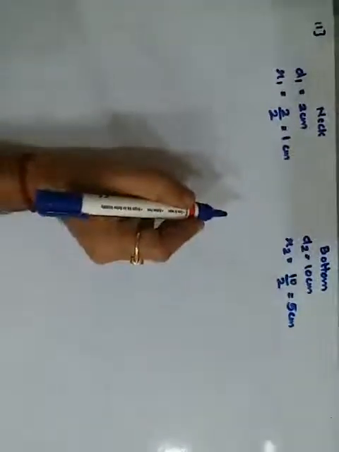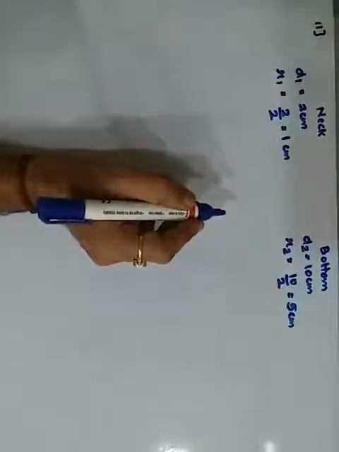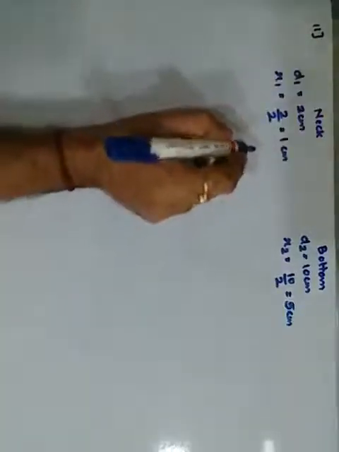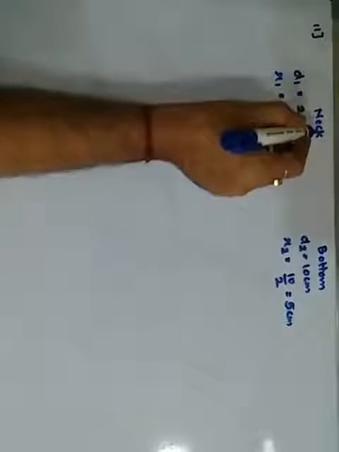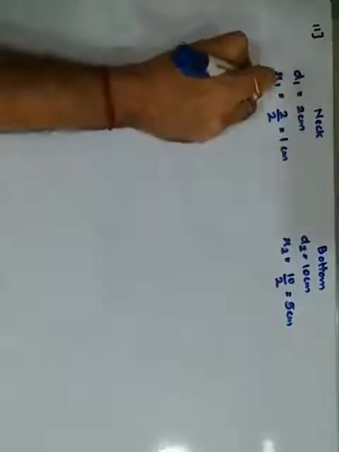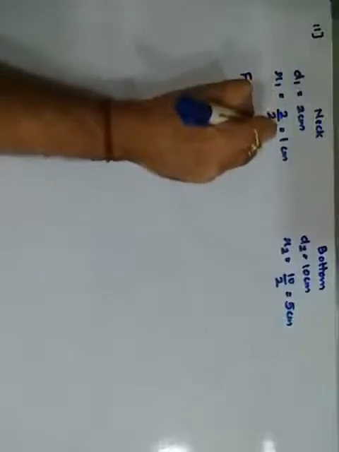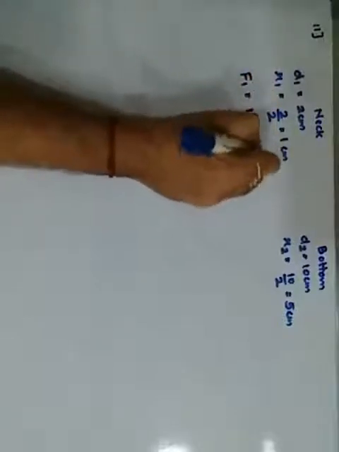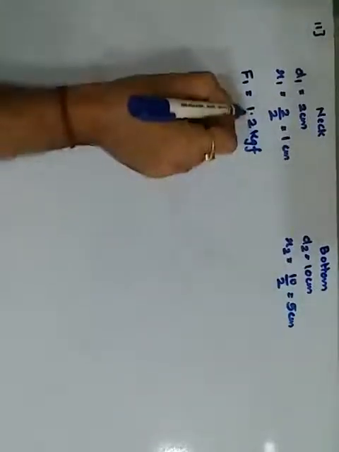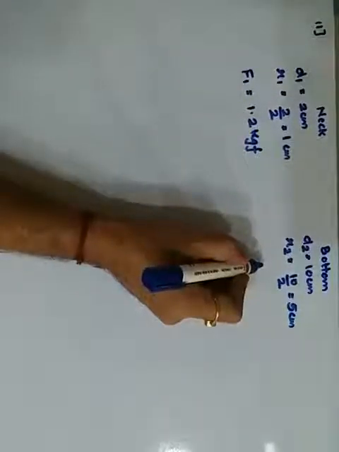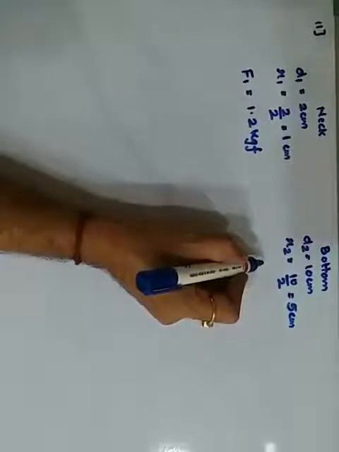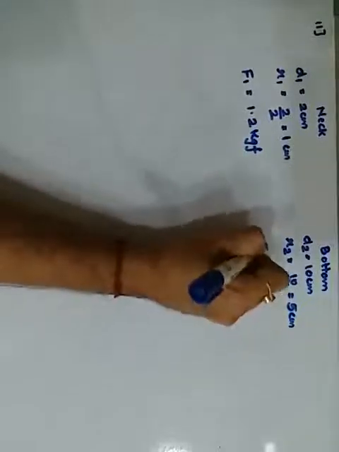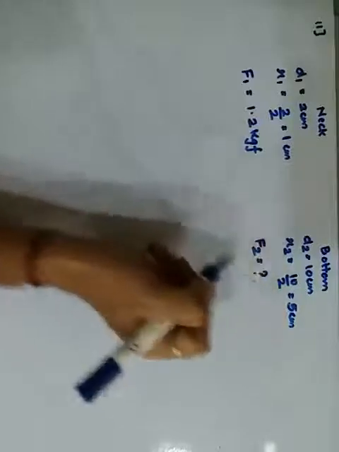Okay, let's see further. Respectively, the bottle is completely filled with oil. If the cork, where is the cork placed? The cork is always at the neck. It is pressed with a force, meaning the force acting on the neck is 1.2 kilogram force. Keep this kilogram force as it is. Don't try to convert it. Now when this much force is applied, some force will be exerted at the bottom, and that is what they have asked. What force is exerted? That is F2 at the bottom of the bottle.